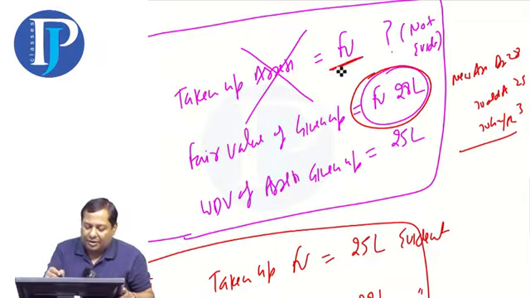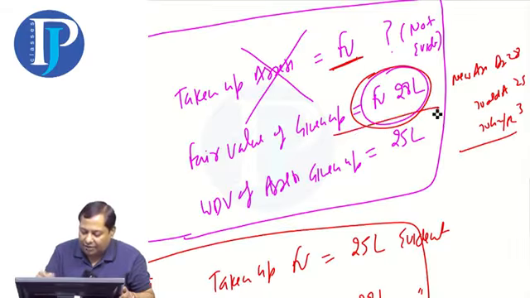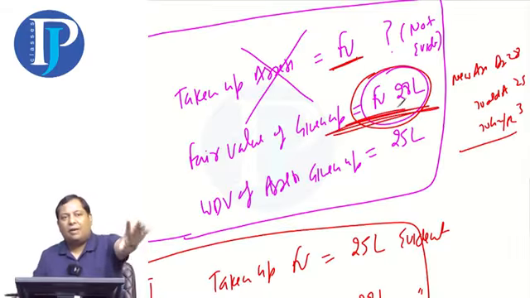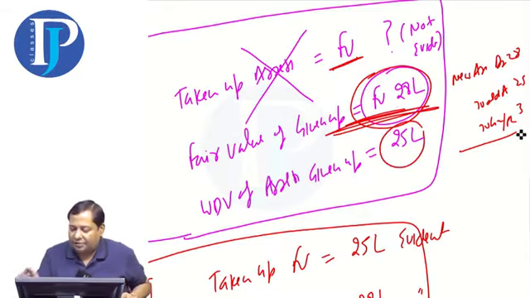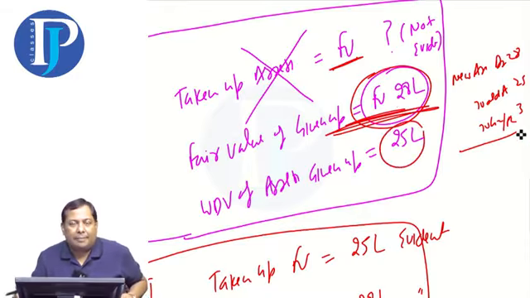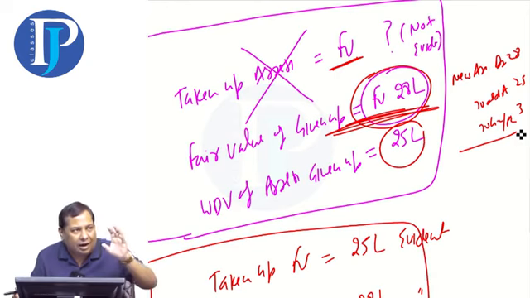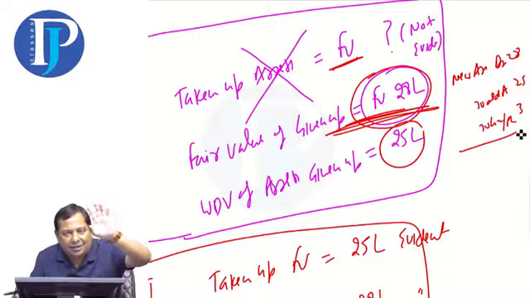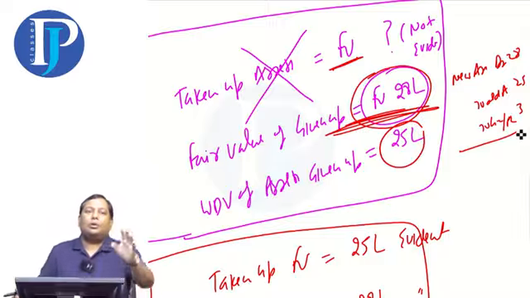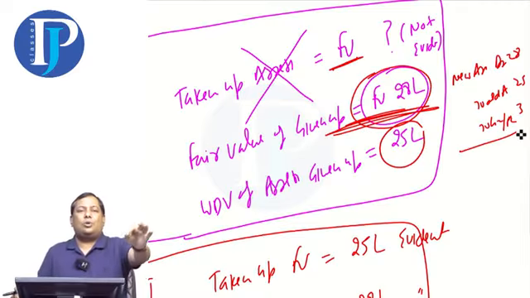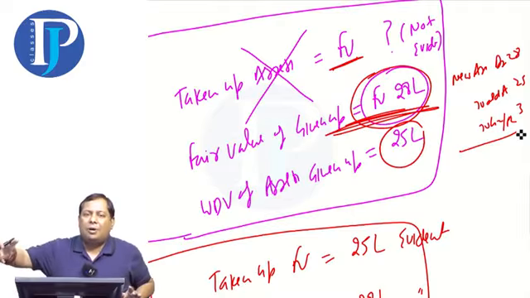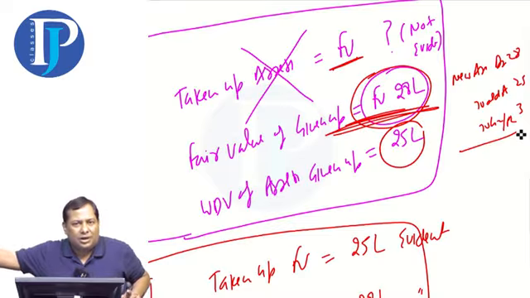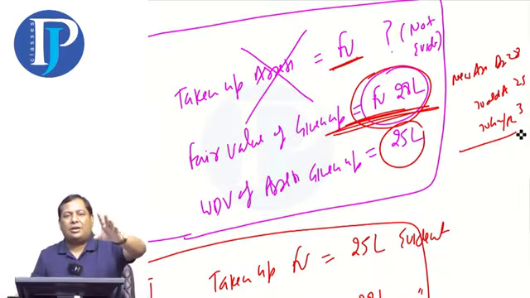If you don't know the fair value of the taken up asset, then the fair value of the given up asset will become the cost of the new asset. Understood? The difference with the old WDV will go to your P&L. So this means take the fair value of the received asset; use the fair value of the given up asset if it's known to you, which is clearly evident. You can consider it as the cost of the new asset, and also recognize the carrying amount of the old asset. Calculate the profit or loss on exchange.